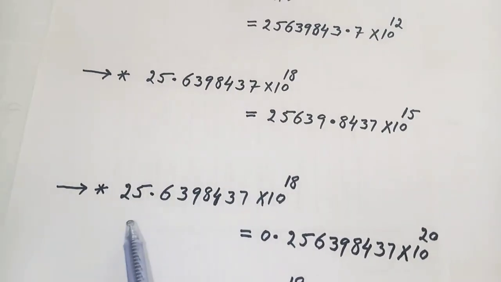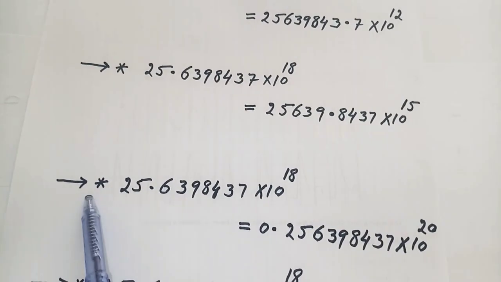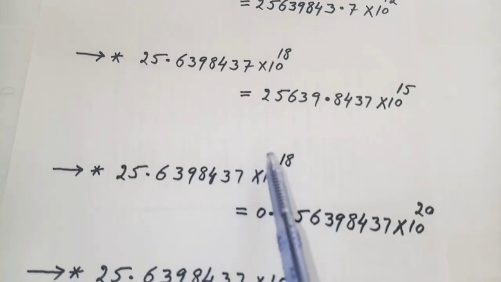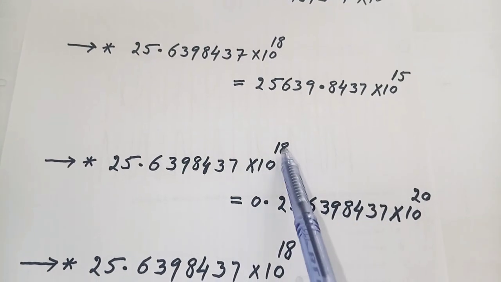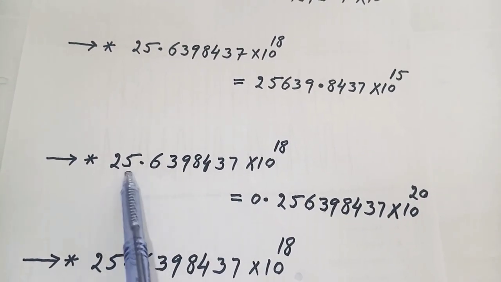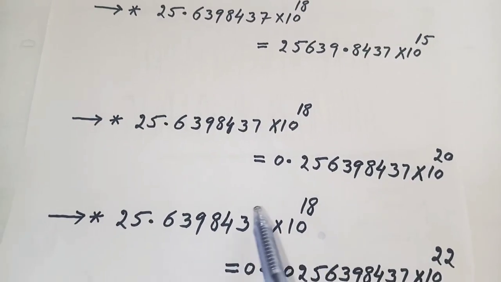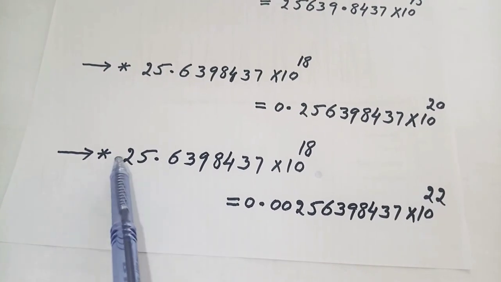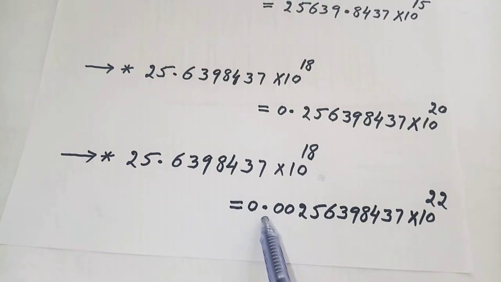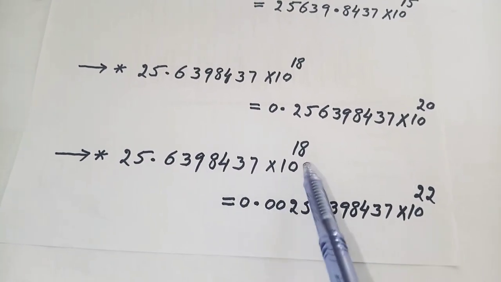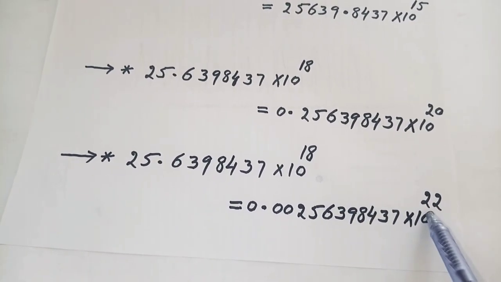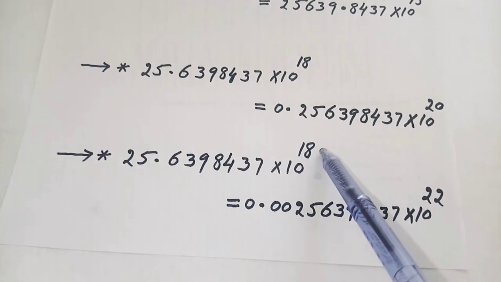और अगर इस पॉइंट को उठा के हम इधर लेके आएंगे इस तरफ, तो इस पॉजिटिव पावर में इजाफा होगा, 18 से बढ़ के 20 होगी। देखें 2 नंबर उठा के हम इधर से इधर ले आए इस जगह, तो पावर में 2 का इजाफा हो गया। फिर इसको उठा के और हम यहाँ से इधर लेके आएंगे, 4 नंबर उठा के यहाँ से इधर लेके आए तो 4 का इजाफा होगा, ये देख लें। तो ये पॉजिटिव पावर का असूल मैंने आपको बताया।